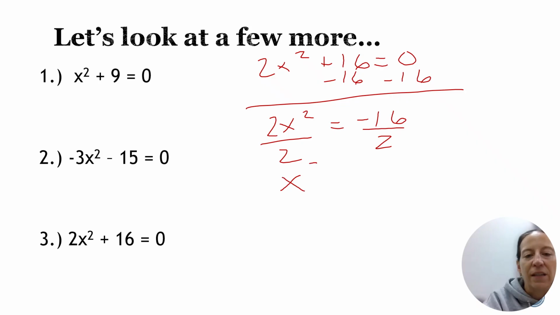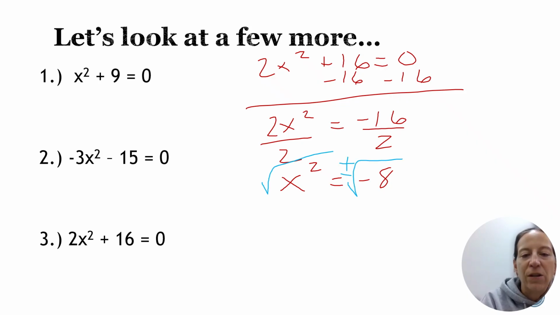It might take a while to get as fast as somebody who's been doing it for over 30 years, but you can improve. All right, so we end up subtracting the 16, divide by 2. We get negative 16 divided by 2 is negative 8. And as before, we're going to square root this. And when we do, we just want to remember that we do have that positive or negative. Now, we have x is equal to plus or minus the square root of